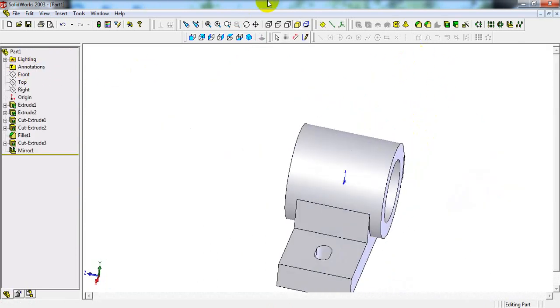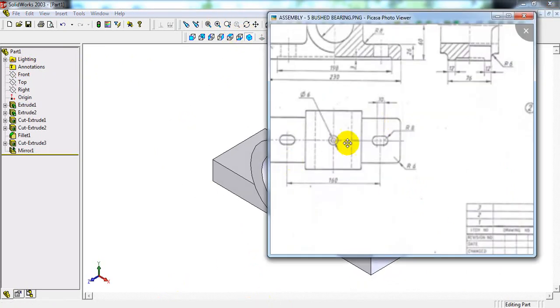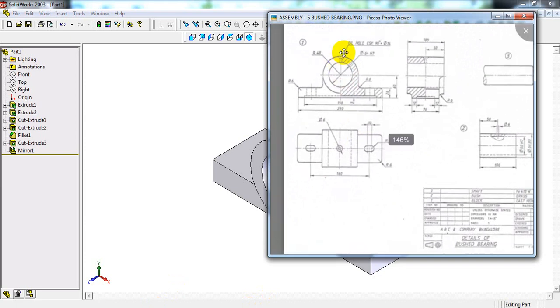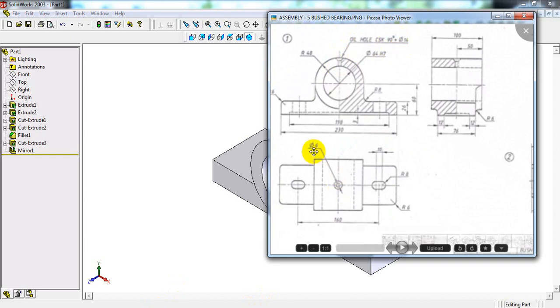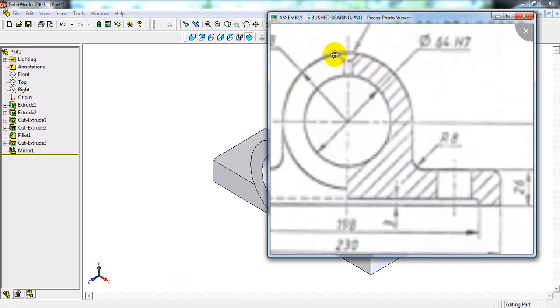Okay. Next step, in front view an oil hole CSK 90 degrees with diameter 14 is given, and one more diameter is mentioned on the top view, that is diameter 6. Here the top diameter will be 14, and this diameter will be 6 mm.